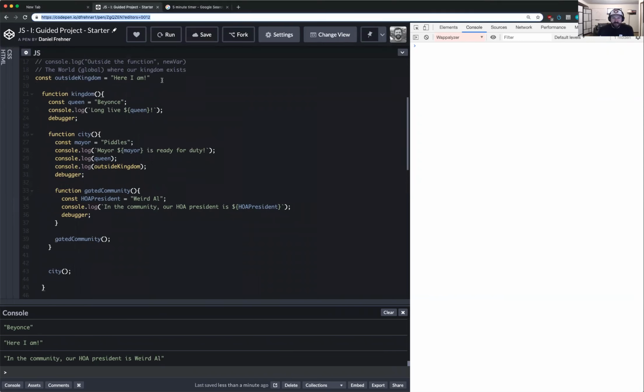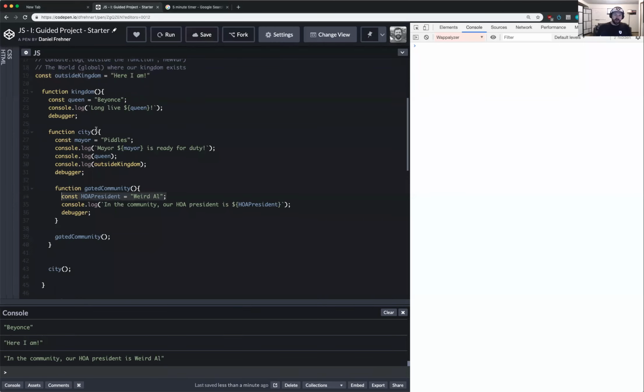Let's see. We are outside the kingdom here, right? The lexical scope of this is our global scope, okay? That is what lexical scope means. So someone asks, is lexical scope the same as closure, or how does it differ? Lexical scope just is a term that we use to describe the scope where something was created. So the lexical scope of this variable is the global, or the window. Okay, the lexical scope of this variable is kingdom, right? Lexical scope of this variable is city, and this is gated community. Okay, a closure is,